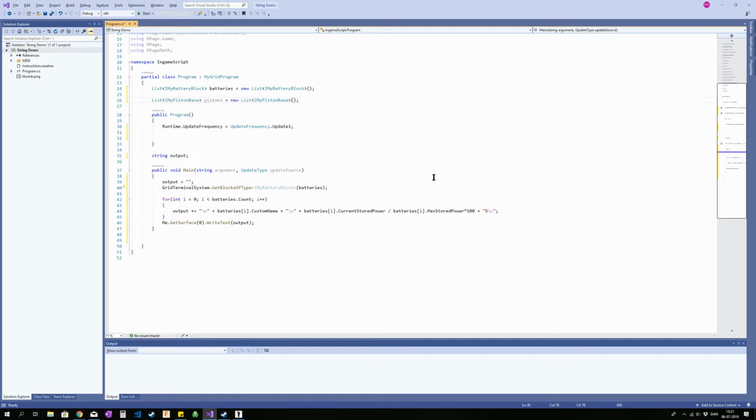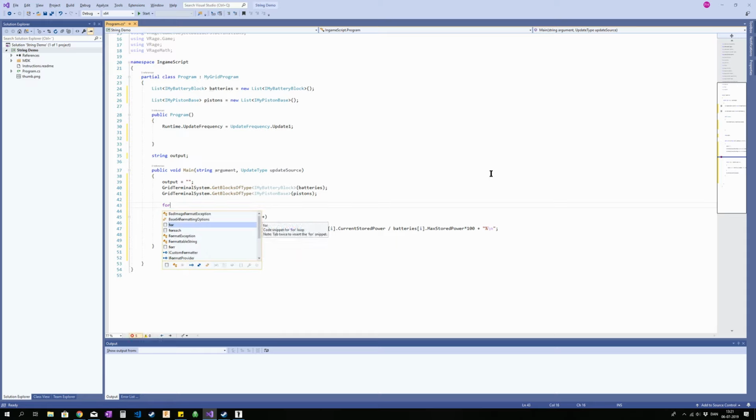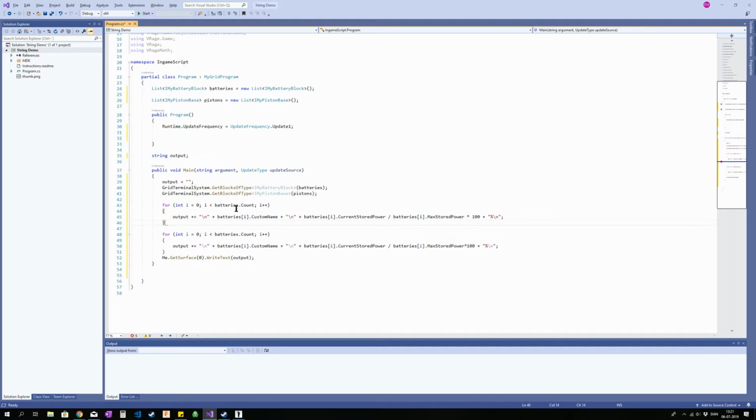So we're gonna do the same thing. We're gonna say GridTerminalSystem.GetBlocksOfType<IMyPistonBase>, and we're gonna stuff that into the list called pistons. Right. So what I want to do is I want to go through all my pistons. So we're gonna do the same as we did down here. So I'm just gonna copy paste that because I'm lazy. Pistons, and delete that. So for every piston we have, we want to check if the piston we're on at the moment,